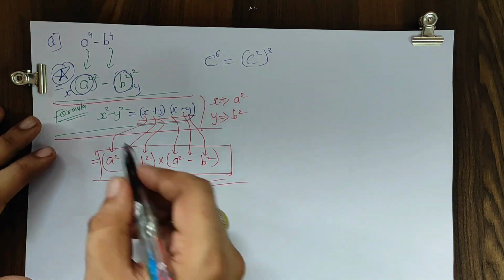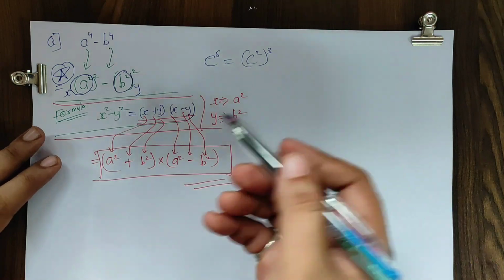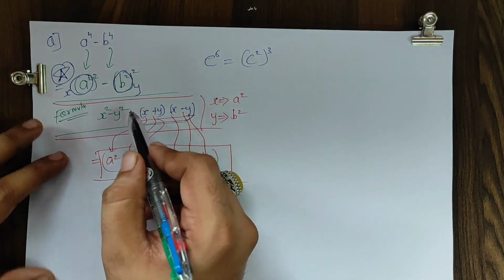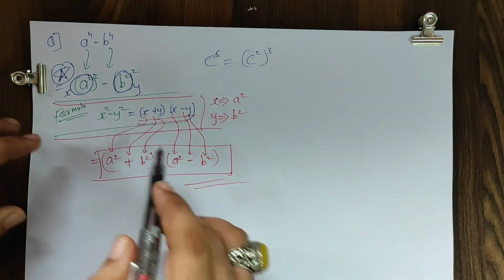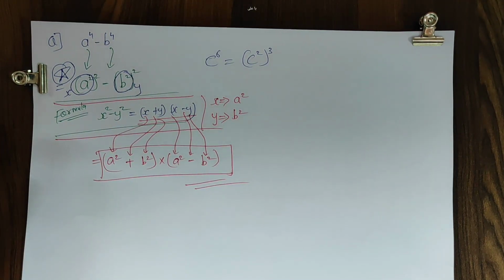Okay, I have applied the same formula. In the previous sum I gave you the formula in the form of a square minus b square, but here because a में confuse हो जाता, that's the reason I gave you x square minus y square. Pause the video please and do it fast.